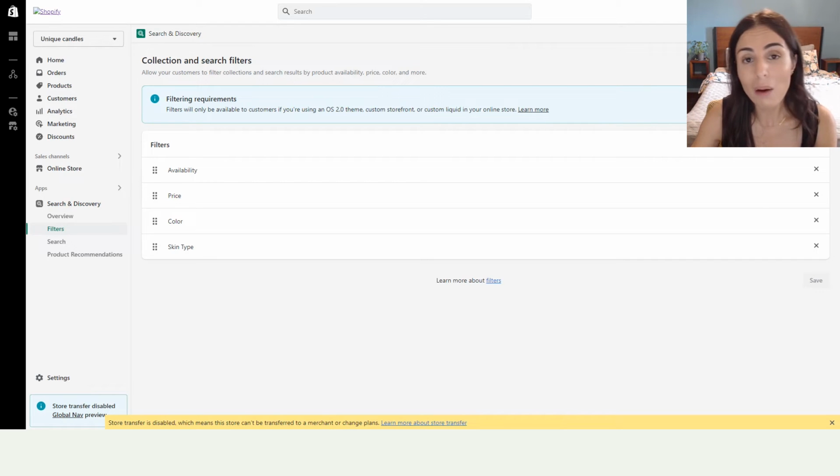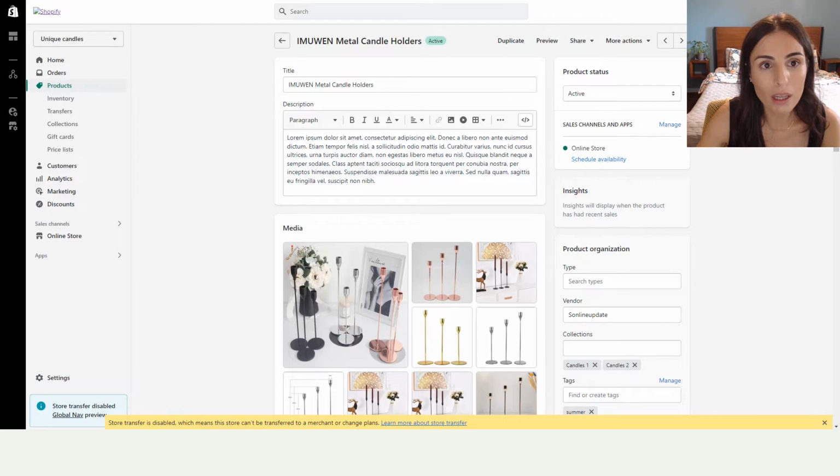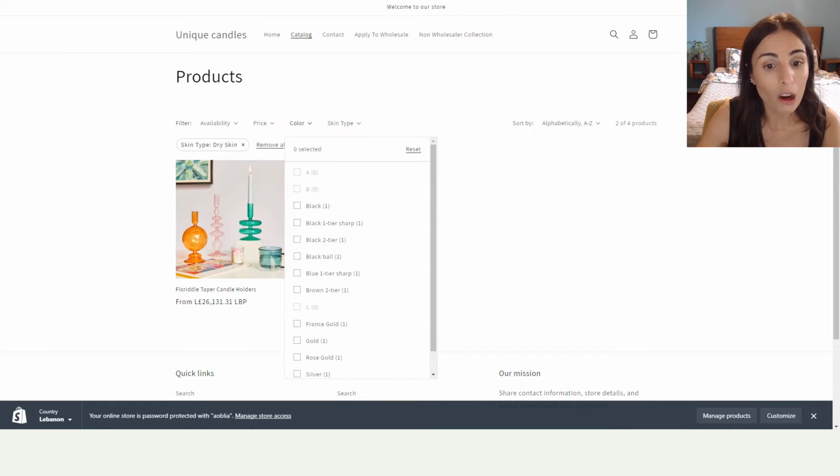Okay, now let's move to talk about the colors filter, which is the one I know most of you are the most interested in because it's a common filter that most people would use. So as I said before, the one we have now in here is the one coming from the product variants. I don't like this because as you can see, the text doesn't make sense. Maybe I have so many different colors, and instead of having all of these options,